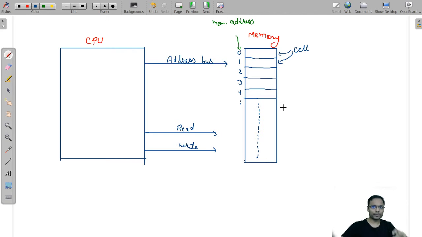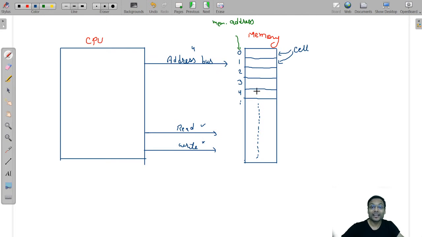I'll give you all the statements, what happens in the read, what sequence is followed, and everything. Don't worry, just learn here first. Don't worry about the notes. So suppose CPU sends the address 4 through the address bus. Now at address 4, what should be performed? Suppose CPU generates the enabled read signal. So this is enabled right now, this is disabled. Enabled read means memory understands that on this address number 4 I'll have to go and read the content from here.